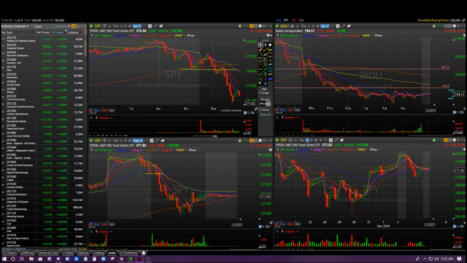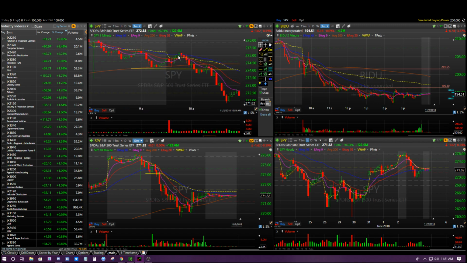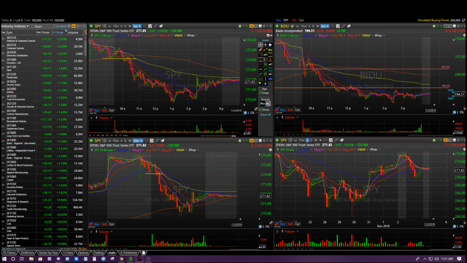And notice how it never really got above VWAP, right? It kind of came up, got above VWAP, and once I saw it instantly come under VWAP, and then it broke this 200 SMA, I knew it was probably going to go down from there. Not to mention all the other stocks that we look at were going down. So then QQQs